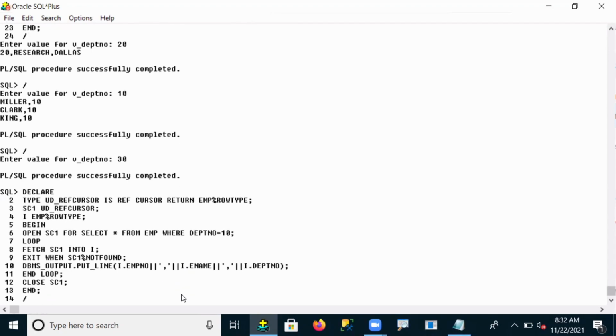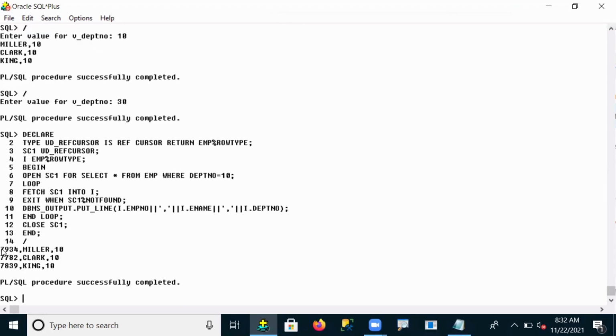And see, directly my data will be fetched. Because which conditional data I'm asking, department number 10. So the 10th department's employee number, name and department number are displayed. Okay, so this is directly what we're fetching. Now, this is a single table, so only one specific table's data we can access here.